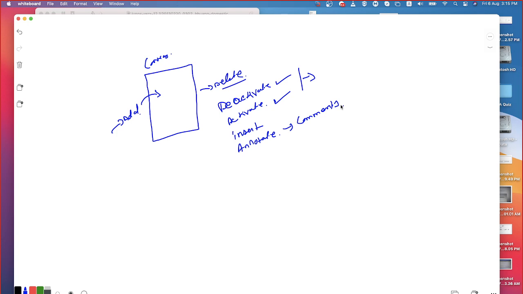Why would we need a comment? See, as a security administrator of an organization, you are responsible for any of the questions asked by your security audit. When the auditor comes into the picture, you are responsible for answering any clarifications raised by your auditor. We don't have a choice. But how do you remember the complete set of scenarios? Why did this change happen? Why did you add the rule? Why did you modify the rule? Why did you remove the rule? How do you know about it? You understand?